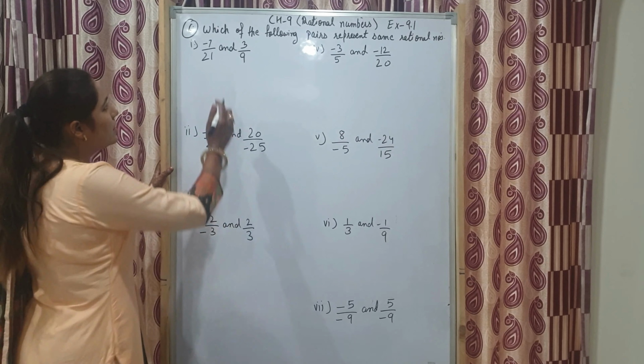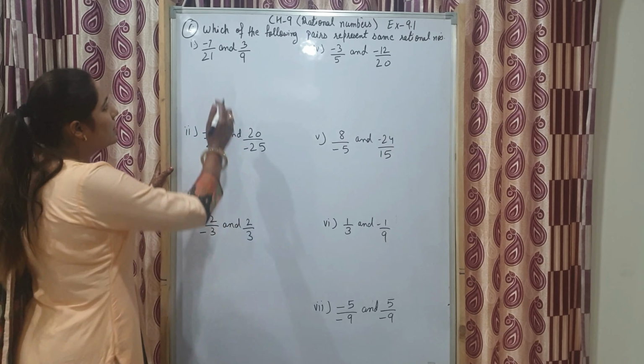Now for question number 5, the fifth part, I will tell you another method also. 1 upon minus 3, when I shift the sign to the numerator, and minus 1 upon 4. You can do one more method. How? By taking the LCM of 3 and 4. First you will take the LCM of 3 and 4. That will become 12. Now what you have to do? You have to make the denominator 12. You have to multiply 3 with 4, numerator and denominator, and you will get minus 4 upon 12.